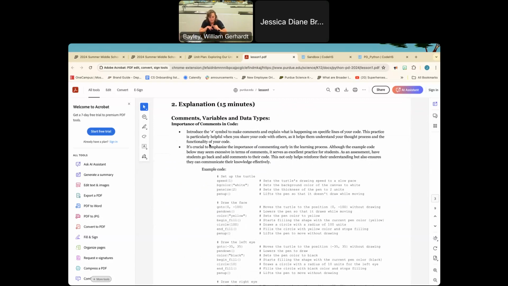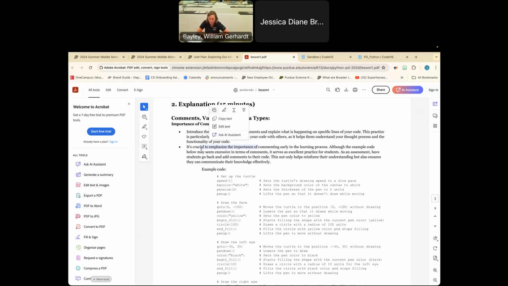So comments, variables, and data types. So for commenting, basically what you need to understand, and I always pushed it, it's crucial to emphasize the importance of commenting early in the learning process, because the more that they are able to comment what the lines are in their code and understand it, they have a better understanding and are able to communicate with others what they are seeing